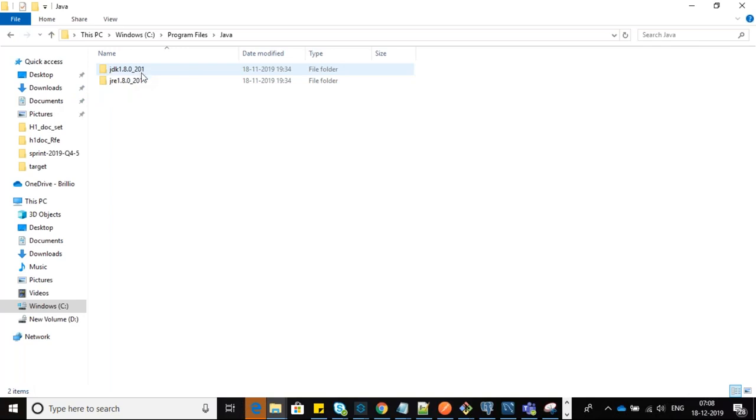My version is 201 under 1.8. Whatever the latest you can consider, but it should be 1.8, not the latest version 1.10. Any version under 1.8 is fine. Once you've done this part, we have to set up the class path.